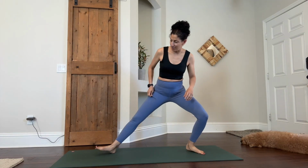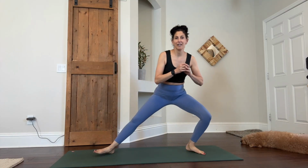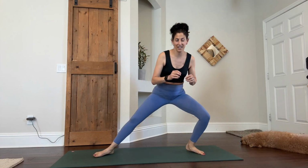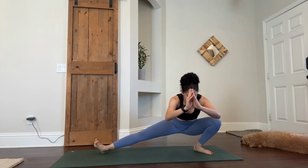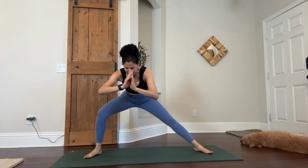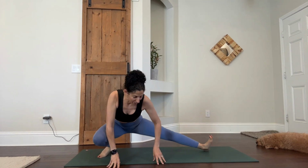So we're going to start out in our standing Skandasana position. This is a yoga pose where you gradually are getting down low to the mat. So you might want to hike up those pants a little bit. Right now we're just doing the shifting so that eventually you're going to come all the way down into this squatting, low squatting position, and then you can push yourself over to the other side, wherever your hips will